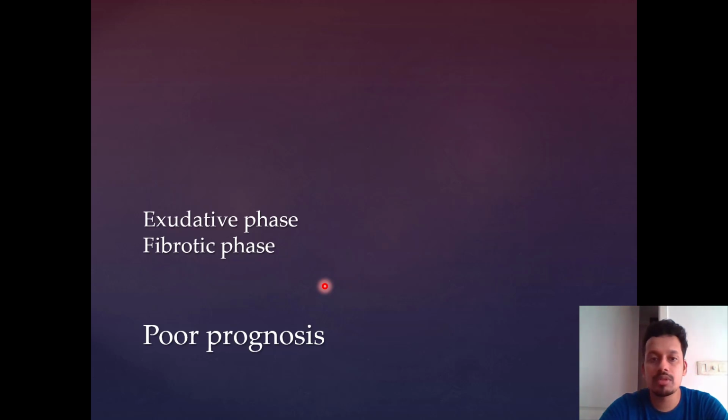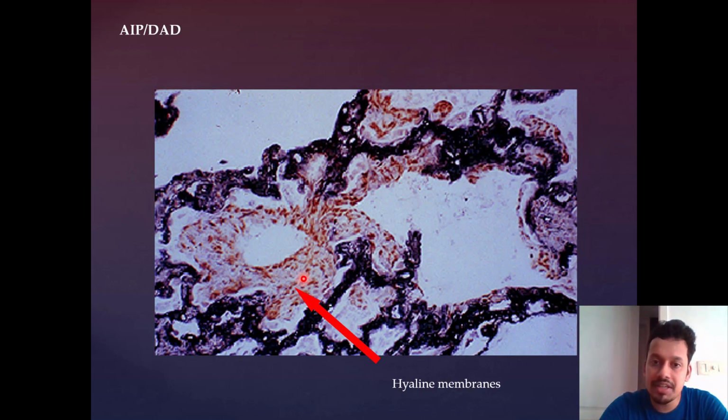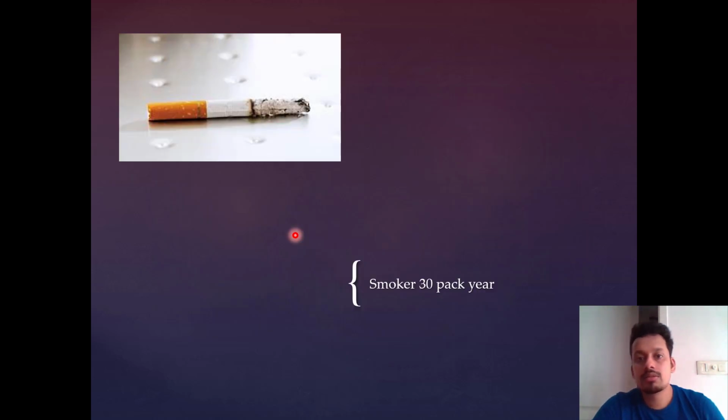It has a very poor prognosis, and just like ARDS, it has an exudative, fibroproliferative and fibrotic phase. The classical finding on histopathology is these hyaline membranes. The hyaline membranes are basically eosinophilic debris, and they also consist of protein, fibrin and many cells. This is the characteristic of acute interstitial pneumonia. These patients have a very poor prognosis, with many patients dying also. So that was an easy case scenario.